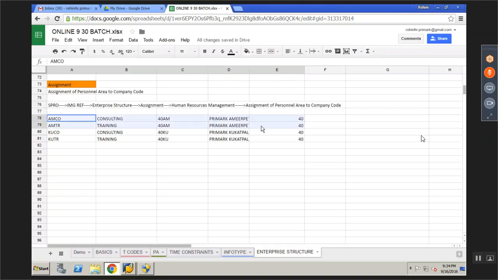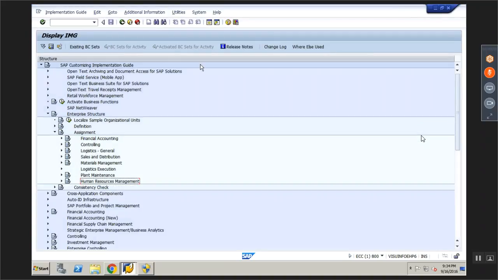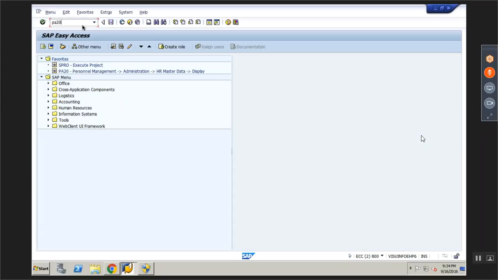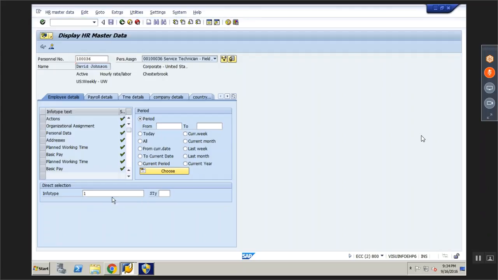Next we will see the employee groups. If you go and see info type 1, you will see personal structure.